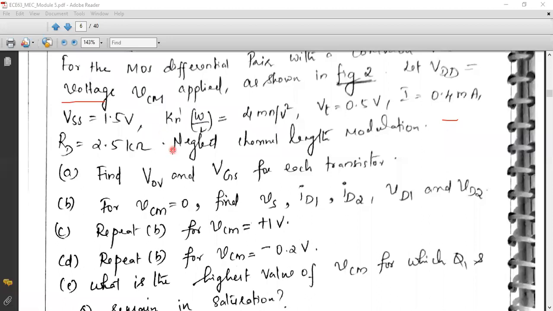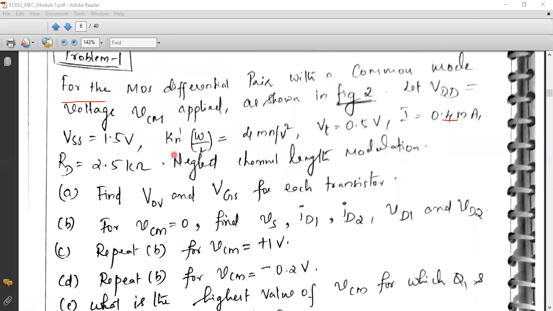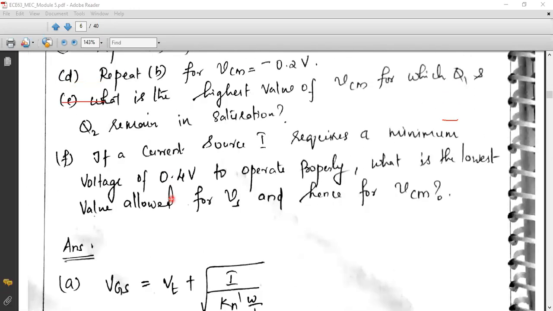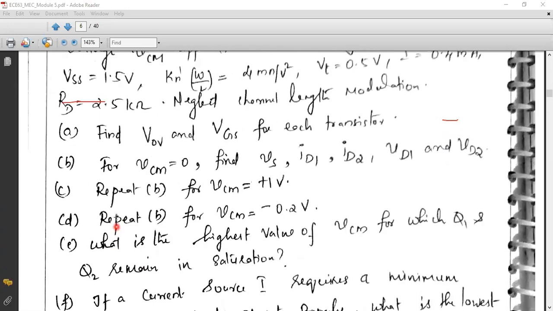Hope you remember the circuit diagram of the differential amplifier that we discussed yesterday. At the source terminal, we have capital I, which is nothing but your current source. Across the current source, we will have a voltage called VCS, and which is further connected to minus VSS. Take the circuit diagram and see. Both source terminals are short circuited, after that connected to the current source, and further connected to negative VSS. That is the arrangement of your differential amplifier. So with this, let us start our solution.